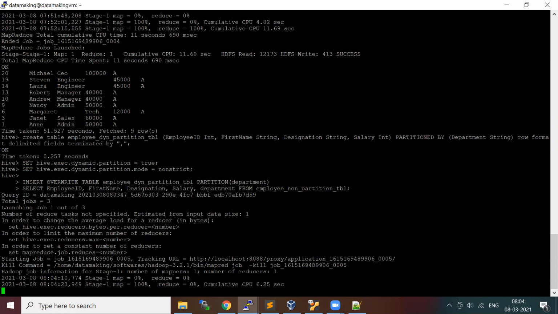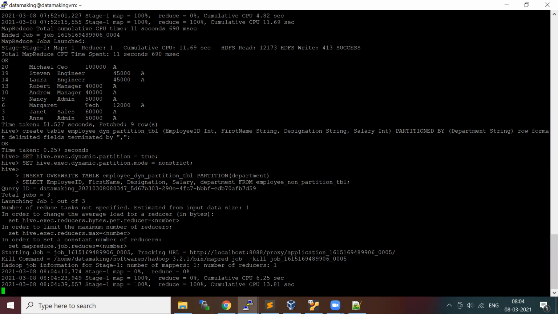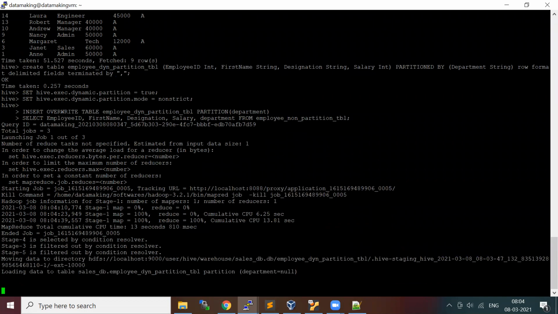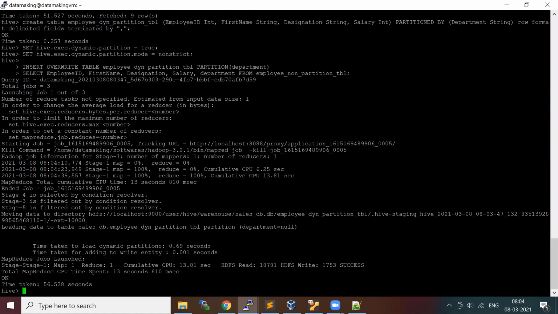It is loading. Map is 100%. Okay, it's loaded the data. Now let me query this table.